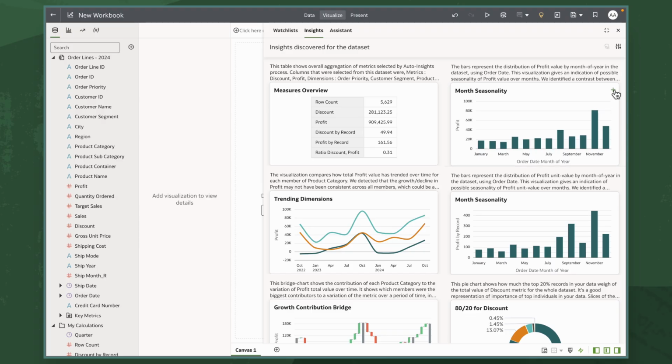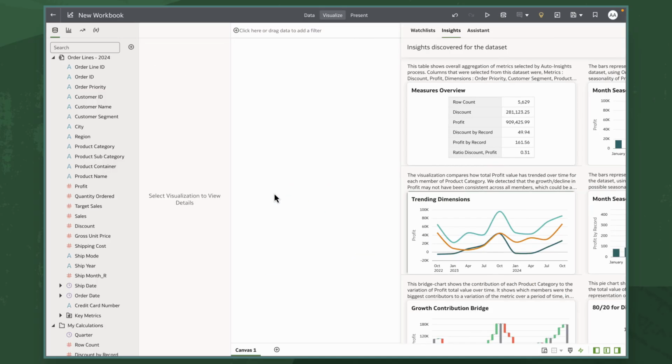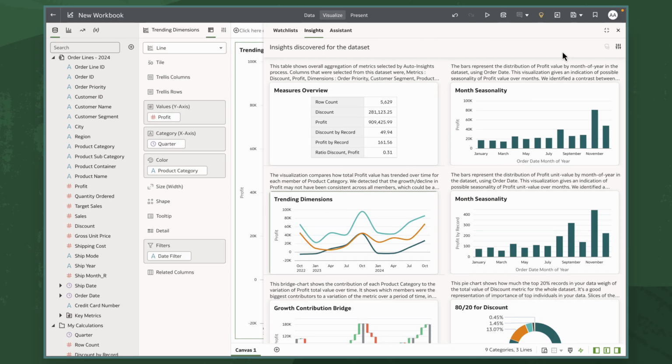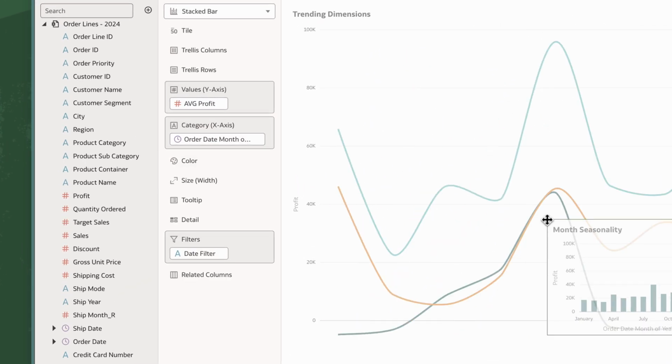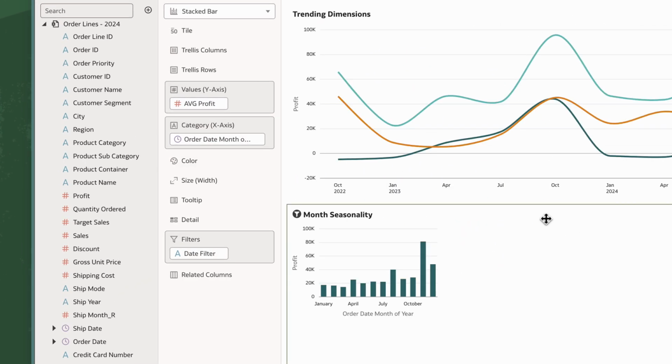I can drag any of these insights onto my workbook canvas by clicking the plus icon on a visualization, or by double-clicking the visualization itself. I'll add seasonality and trending dimensions. I can also customize these visualizations. For example, I can change the measure shown in the monthly seasonality chart from average profit